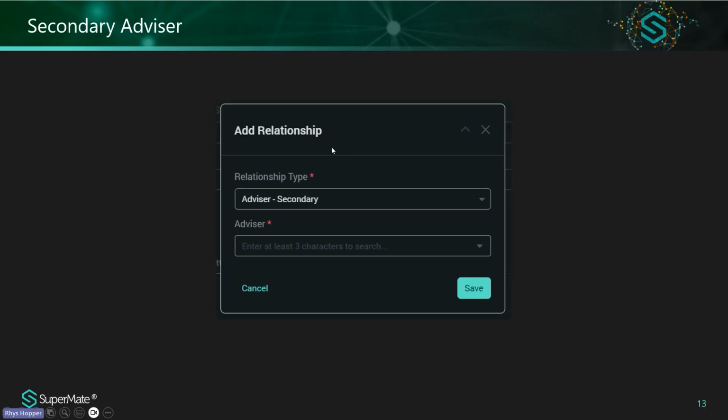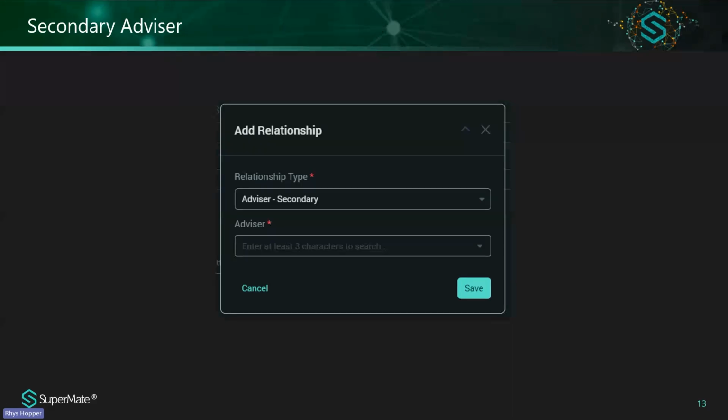Secondary advisors. I mentioned before that this is a relationship that existed already in Classic, and we were unsure if people were actually using it, so we didn't bring it across to the web straight away. We've got a bit of feedback from clients that say we do use the advisor secondary, and when we probe into it and dig down into why they use it, it seems that some people have